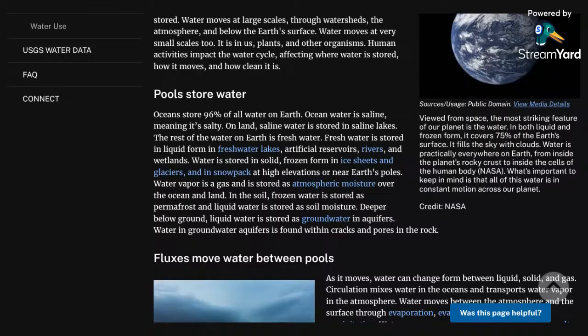In the soil, frozen water is stored as permafrost and liquid water is stored as soil moisture. Deeper below ground, liquid water is stored as groundwater in aquifers. Aquifers? Water in groundwater aquifers is found within cracks and pores in the rock.